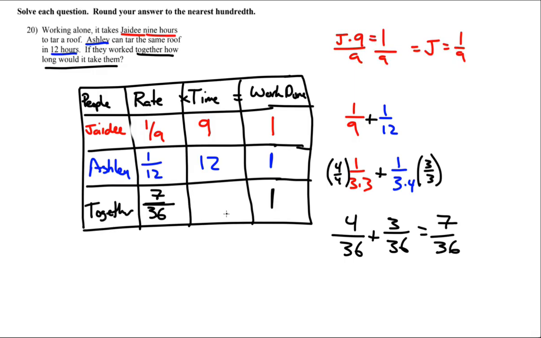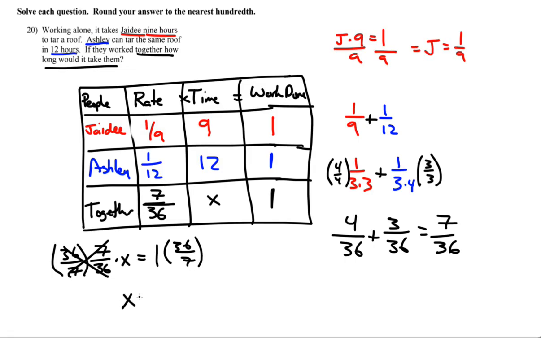So what's the time? That's what it's asking us. How long would it take? If I call that x, then what I know is that 7/36 times x equals 1. If I multiply by the reciprocal, 36/7, and do that to both sides, obviously, I have to, through balance, do the same thing to both sides. The 7's cancel, the 36's cancel, and I'm left with x equals